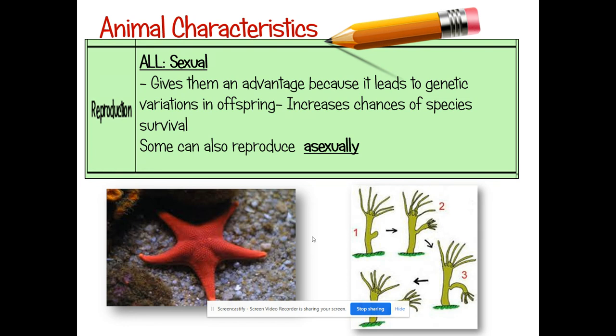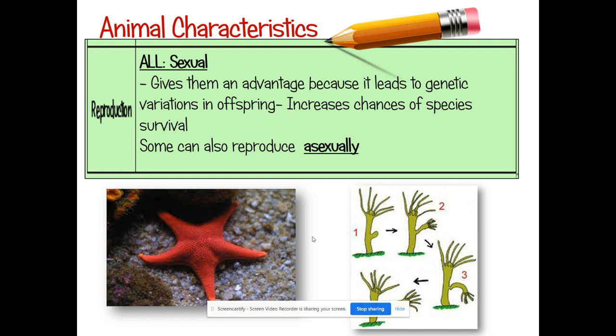Again, to refresh your memory, sexual reproduction is when there is a combination from two different individuals. So the offspring are not identical. The offspring are a combination of the genes from both parents. This gives animals an advantage because this gives genetic variation, which is going to help with natural selection. If you guys remember natural selection, survival of the fittest, you need that in a species to help them survive if things go bad in the environment.